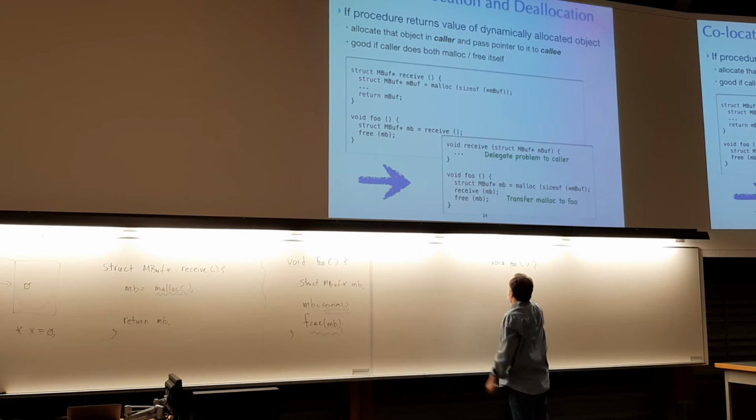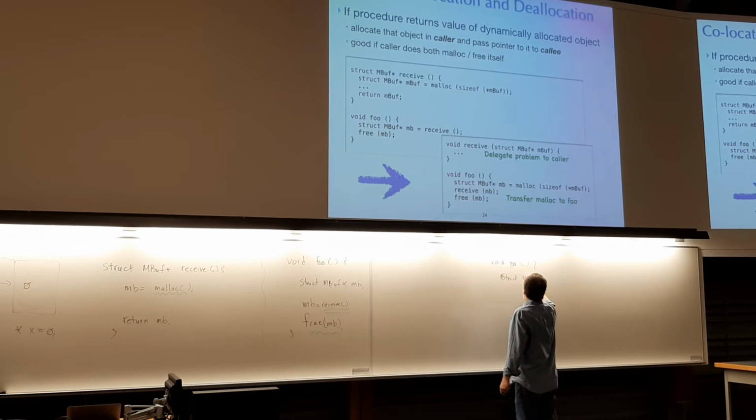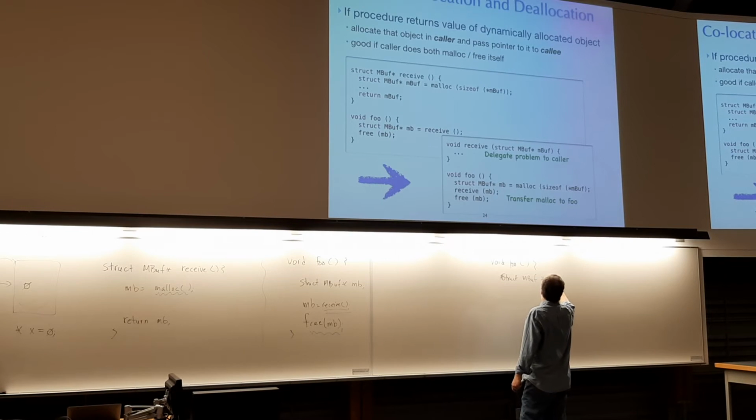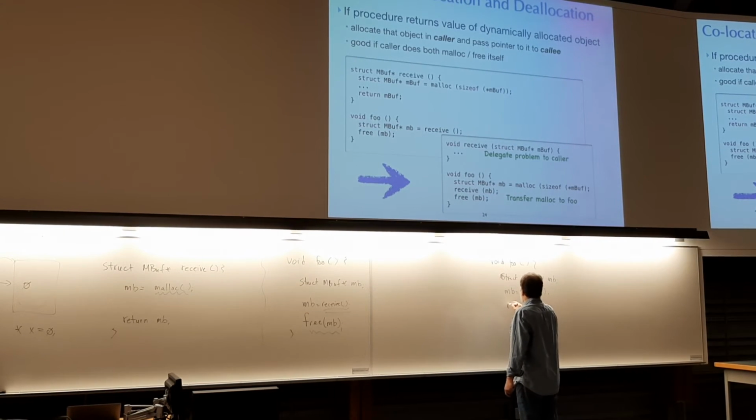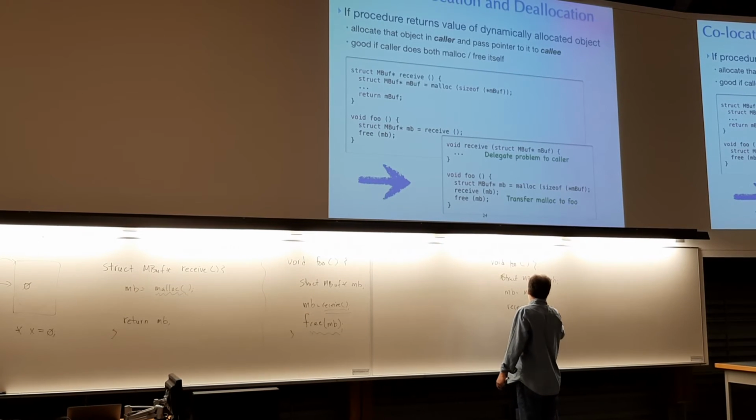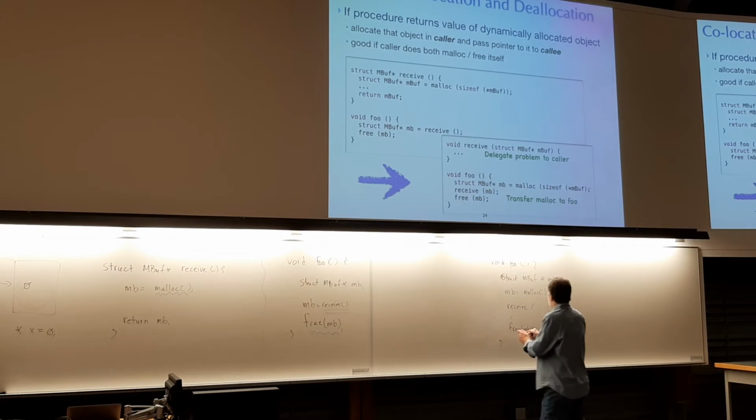it's going to have this. So struct star MB is malloc. And then we call receive. Leave it open for a moment, and then call free. So